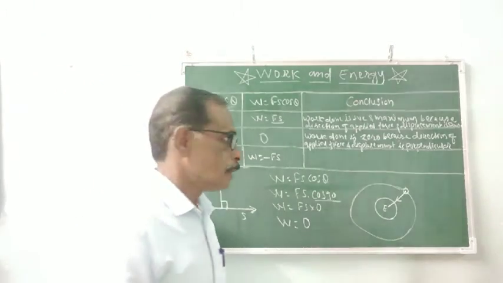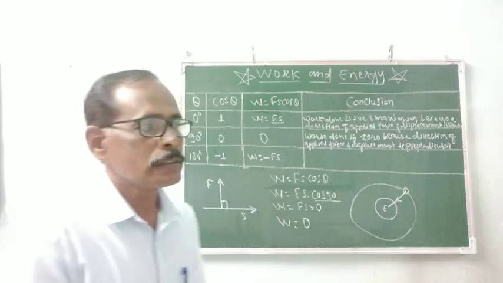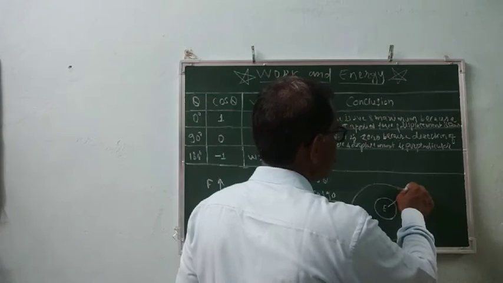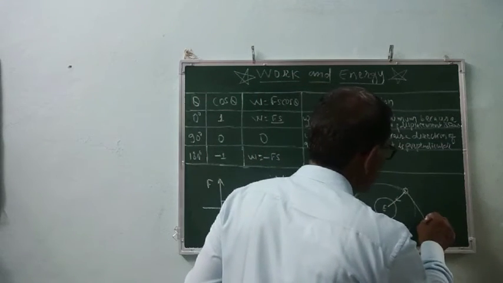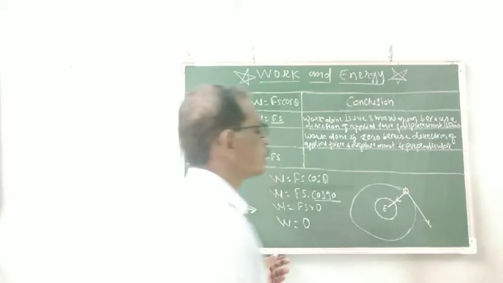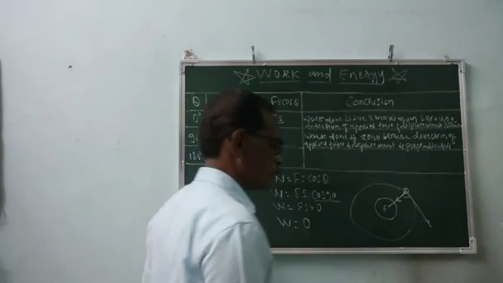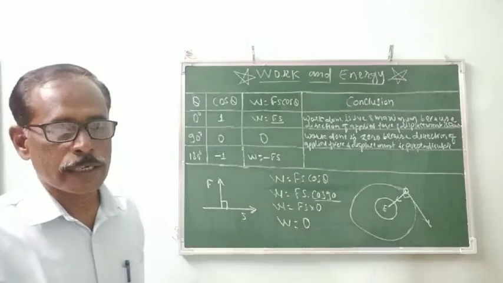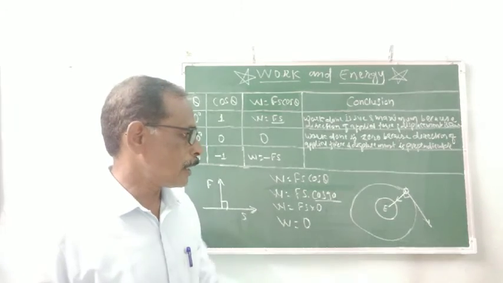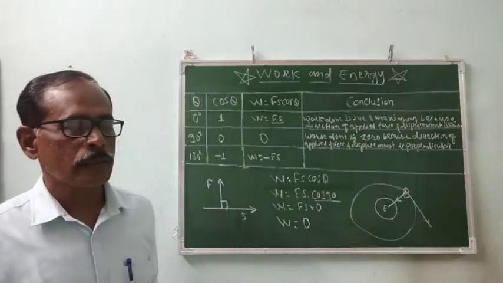But the displacement of that moon, how can we draw the direction of the displacement of the moon? And see here, the displacement of that moon is tangent to the circle or that orbit of the moon. And here is a 90 degree angle, means they are perpendicular to each other. And because of that, we say that about moon, the work done by the gravitational force is 0. Understand about it, most important.